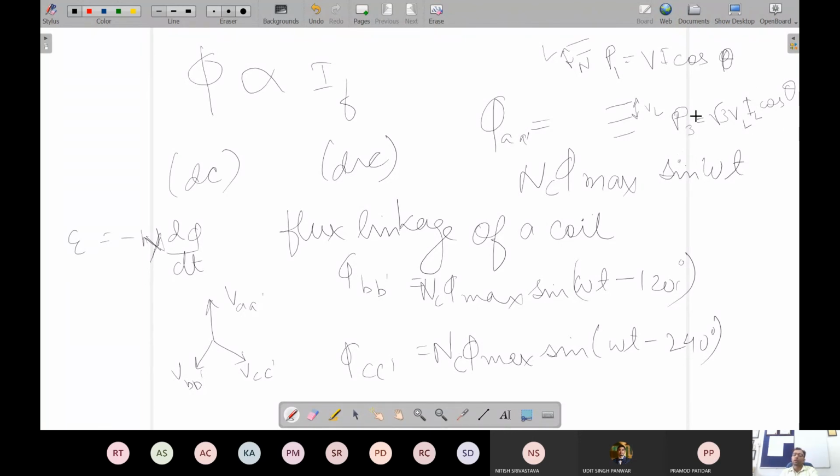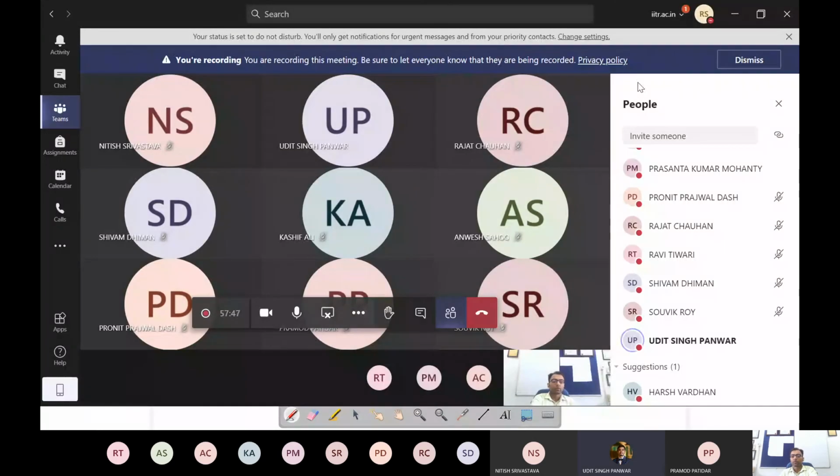This is one of the simple reasons you can understand. You are just putting one more extra conductor, a 50% increase in the conductor material, but the power transfer is root 3 times higher, so 73% higher, 1.73 times. That is one simple reason. So for every bulk power generation, transmission, distribution or consumption, we use the three-phase system. For simple isolated small consumers, only single phase is used. Okay, sir. Thank you.